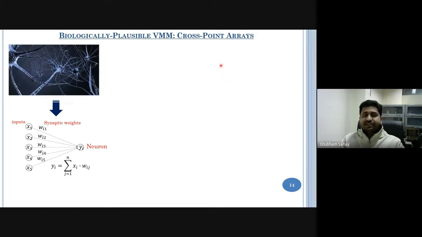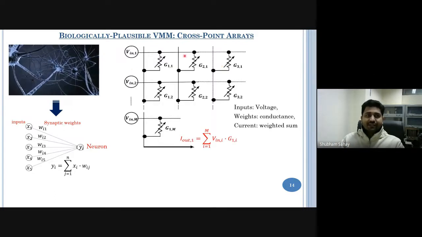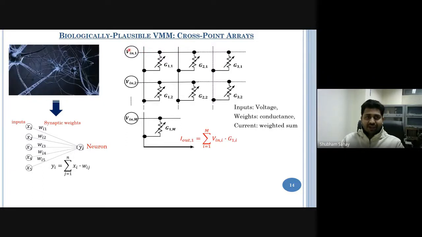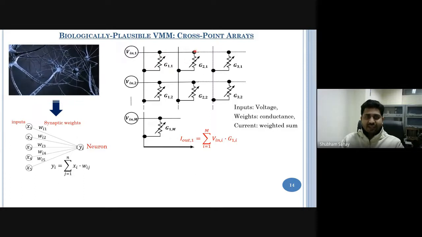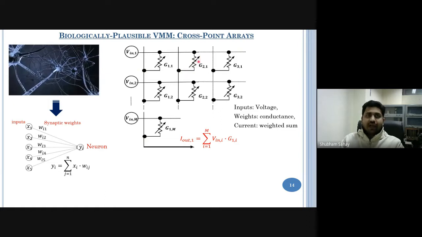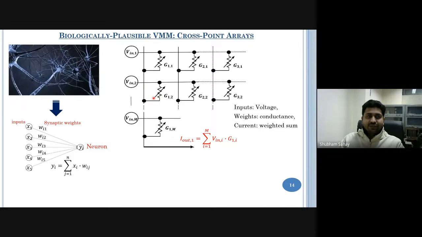Anyway, so what exactly is this cross-point array? So this cross-point array is nothing but, here, you have these arrays of wires. So you have these wires going in the horizontal direction and vertical direction. And at the intersection, you have these devices. So between each of those rows and columns, we have these adjustable conductances or adjustable resistances. So what essentially Professor Mead proposed is that if we have an array like this, where we have these two-terminal devices whose resistances can be varied,